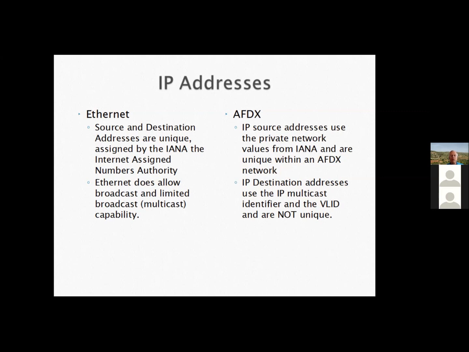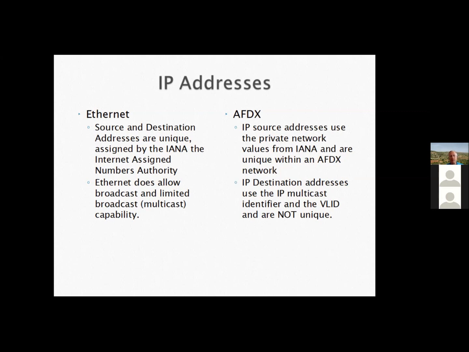You can send data to one specific address. You're allowed to send a broadcast. And you can send what's called a multicast, which means that I want the same data to go to 8 different places, for example. So in AFDX, there are only a very specific number of source addresses that are used,